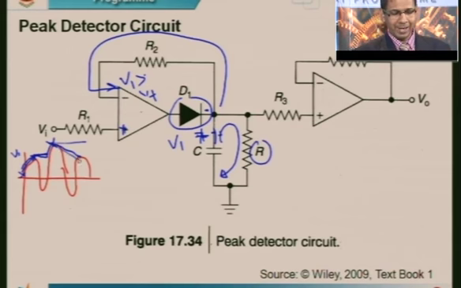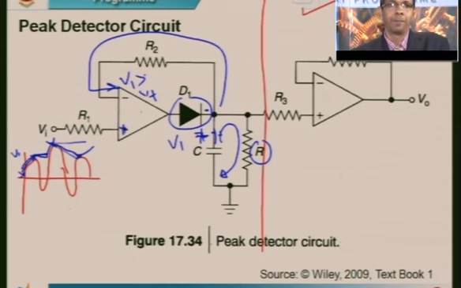So then again it can catch this peak, and so on and so forth. This way you will end up having a circuit which can detect positive peaks at the input. This is a peak detector. Now coming to the one which I had asked you to ignore, why is it that I need to have